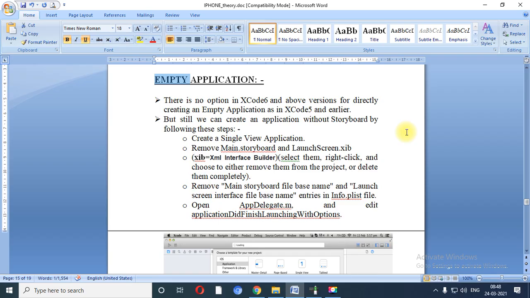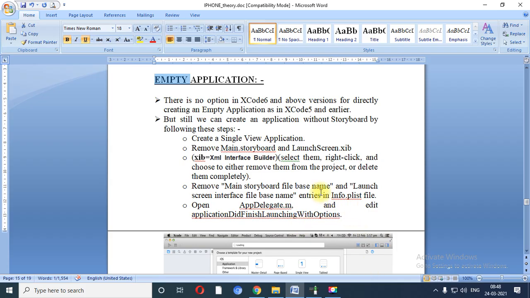But still, if you want to create empty application without storyboard, see, storyboard is what? It is a designing of your screen. So if you don't want to display a storyboard, or if you want to develop such kind of application in which you don't want to use storyboard, at that time you need to follow the given steps.